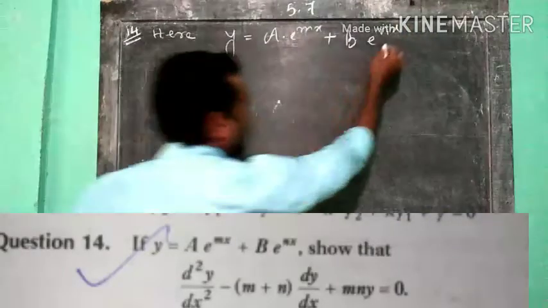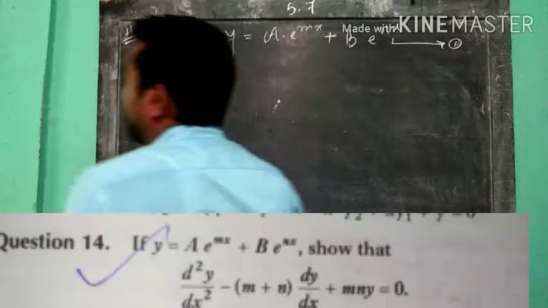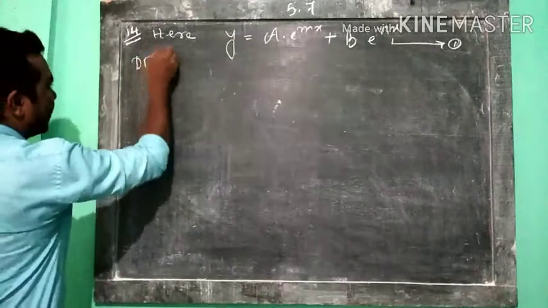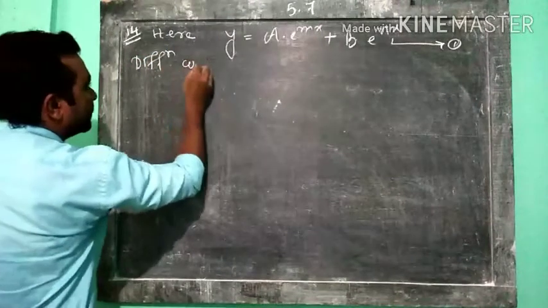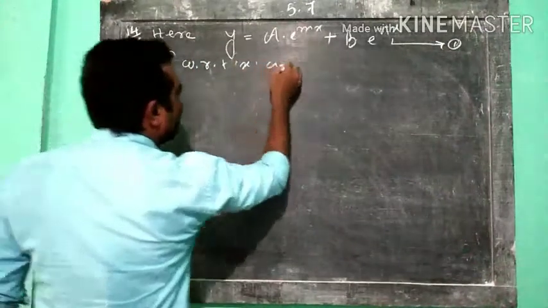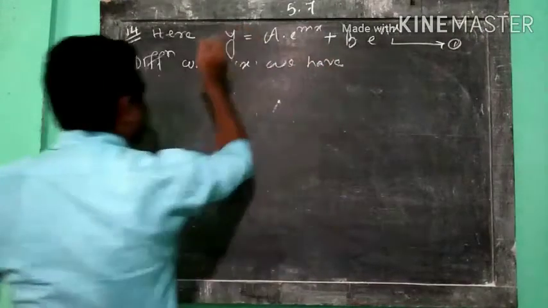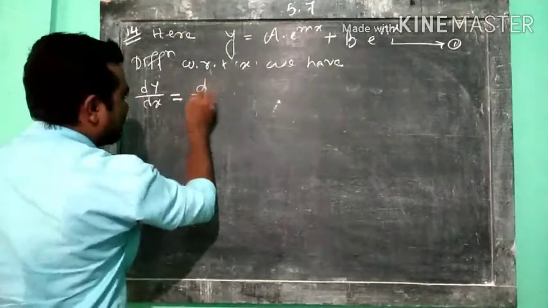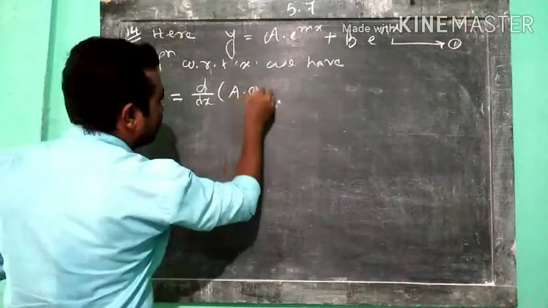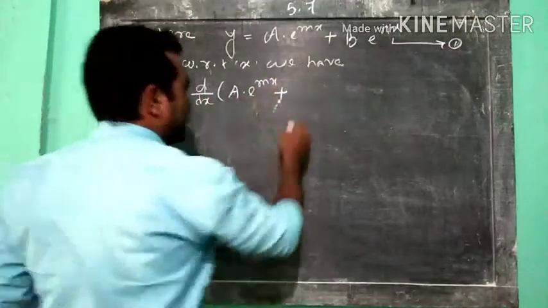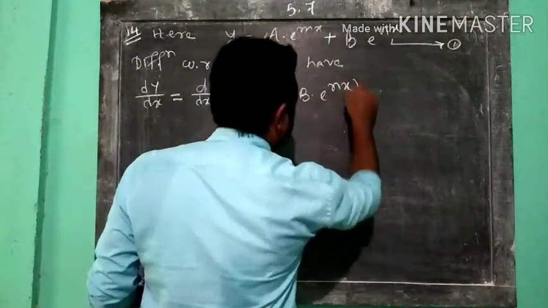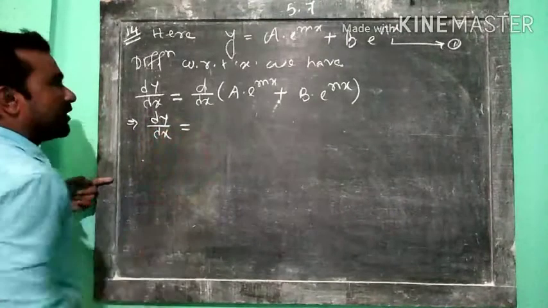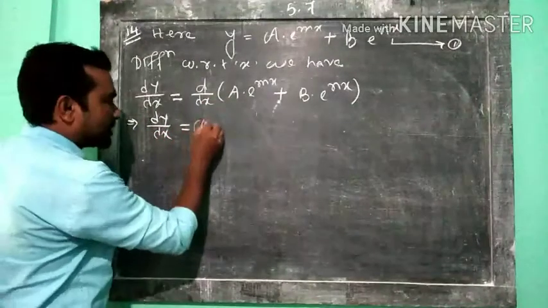So if this is equation number 1, differentiating this equation with respect to x, we get dy/dx equal to d/dx of a into e to the power mx plus b into e to the power nx. So this implies that dy/dx is equal to, here a is constant, so a is out, d/dx of